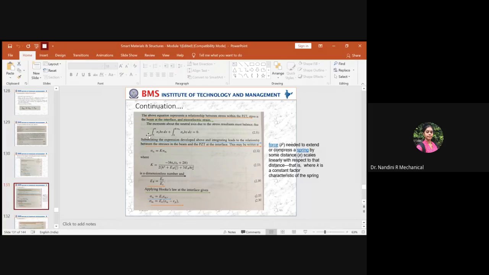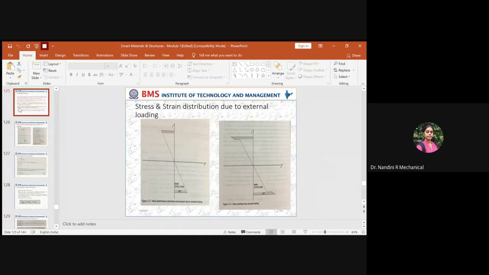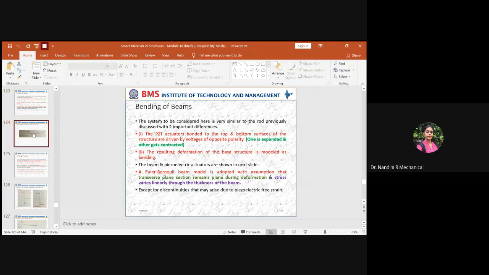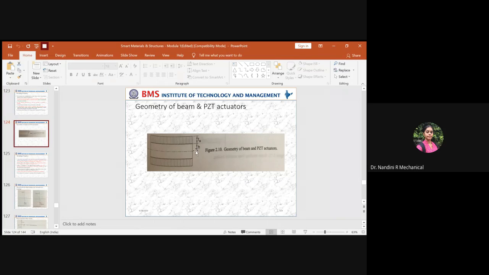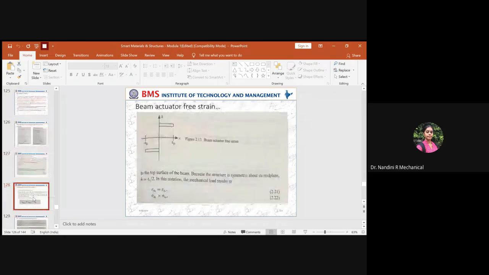So after you're clear about the integrals, you should see the terms which are being mentioned here. So for moment to happen, you should know what is the stress which is being induced in that structure. So first, from 0 to h, what element do you have? You have only the structure, right? If you see the diagram over here, from 0 to h, it is only the beam or the structure part. So in the beam or the structure part, you will have only the stress induced in the structure, not of the piezoelectric element. And hence what you will write here in the equation,